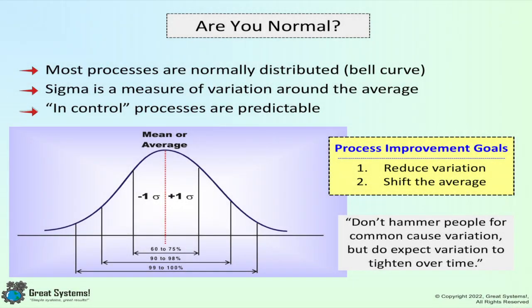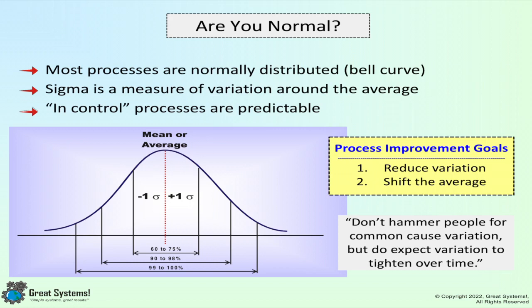Are you normal? Most processes are normally distributed. They have the shape of a bell curve. Sigma is a measure of variation around the average. In-control processes are predictable. All organizations should have two process improvement goals: reduce variation and shift the average towards the